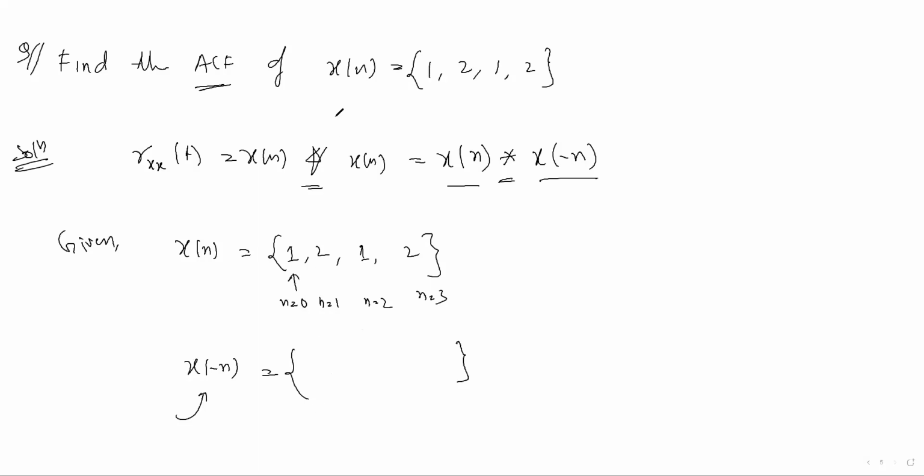So you should be attentive. Please reply. Can you say? What is the value of the signal at n equal to 0? Anyone please reply. Can you say what is the value at n equal to 0? Here this signal is given and this is the folded signal. In the folded signal, what are the values?